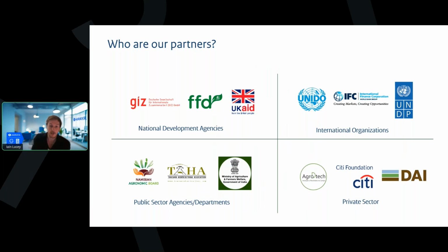We might have a project that, for example, is funded by GIZ on behalf of the Ministry of Agriculture and Farmers Welfare in India. Obviously here we're putting our focus on work that we're doing in Africa, but these are projects that we run worldwide, predominantly in developing countries, for example, India or Uzbekistan in Central Asia, Latin American countries, Colombia, Peru, but also in Africa, in Tanzania, Namibia, Kenya, and others.